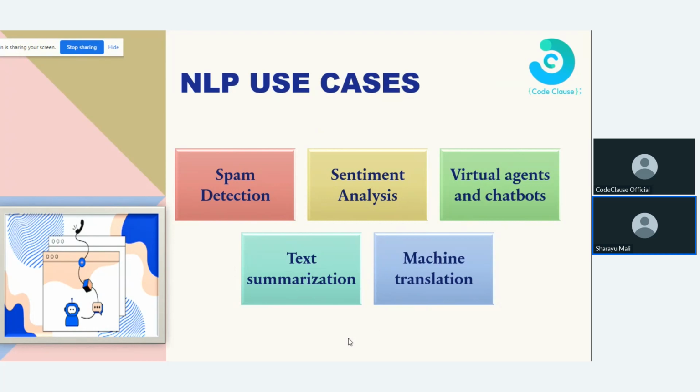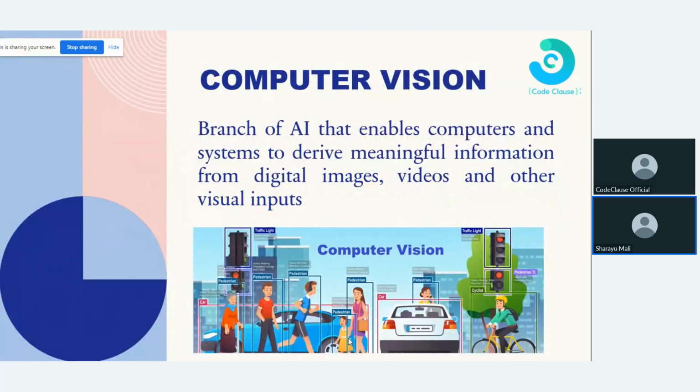where a large amount of text data is analyzed and converted into a small brief summary. So these are some of the NLP use cases. So let's move on to another branch of AI, that is computer vision. This is one of the most famous branches of AI that are in use today. So computer vision is the branch of AI that enables computers and systems to derive meaningful information from digital